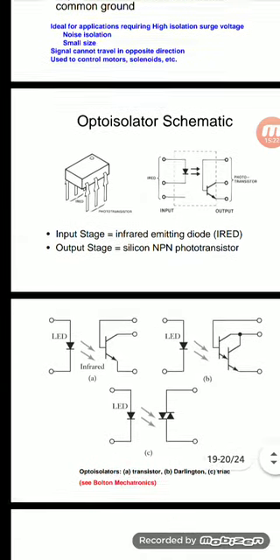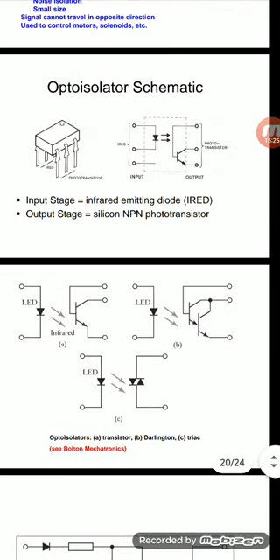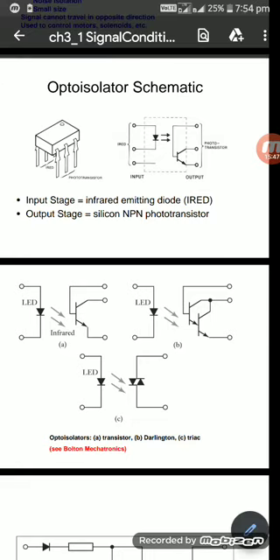okay, some LEDs. See the diode polarities; at the same time the LED polarities are the same. Diode and LED polarities are the same. So for these LED polarities we have to interface some positives and negatives. This is the diagram. See, in the first circuit we interface some transistors. The LED we interface in a transistor circuit, at the same time a Darlington circuit. The second LED we interface with two transistors. We have to use a Darlington circuit.